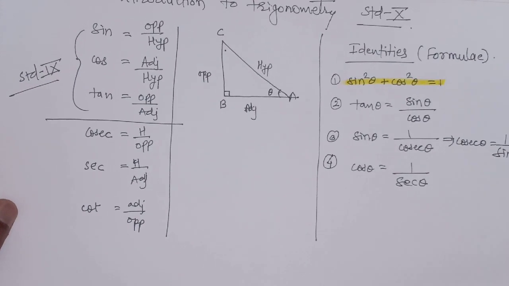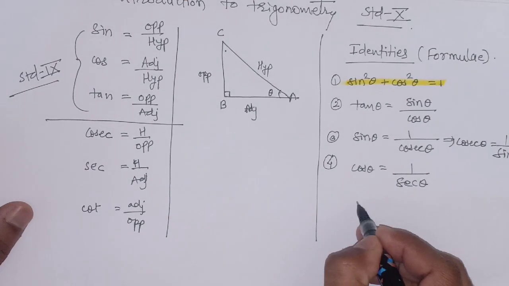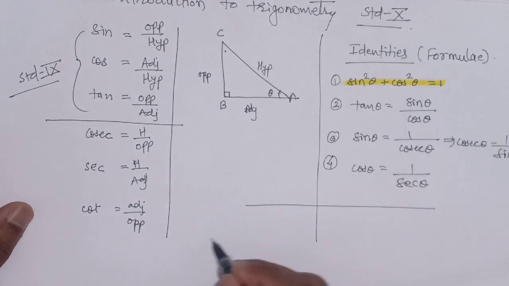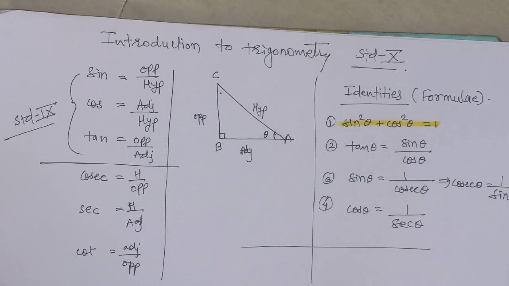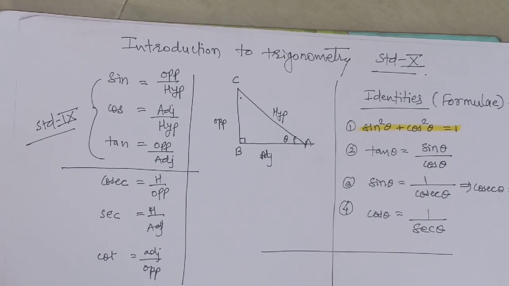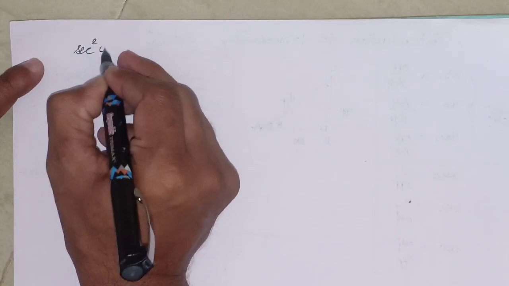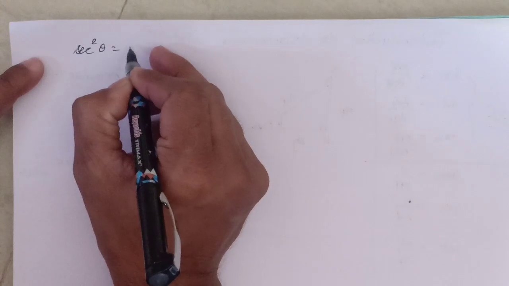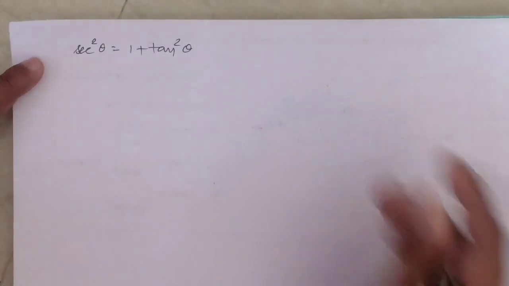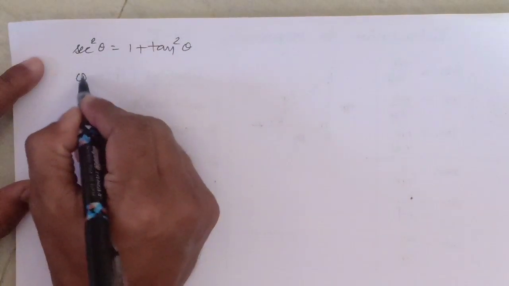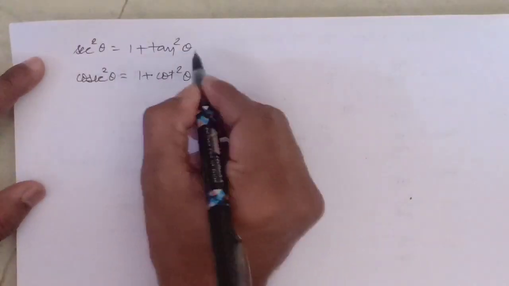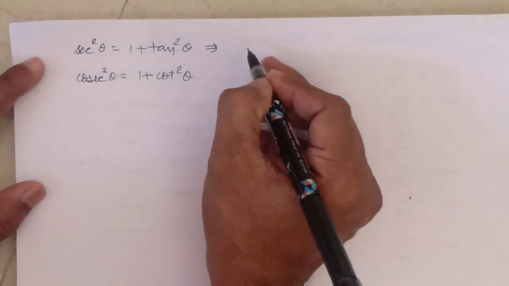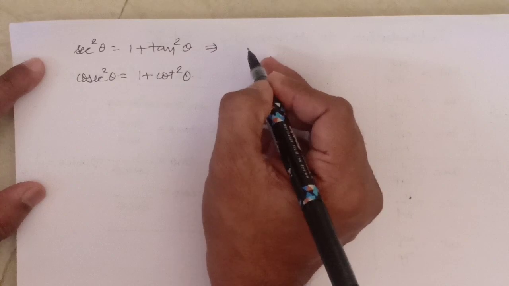Now, we will move forward. Sec square theta is 1 plus tan square theta. Cosec square theta is 1 plus cot square theta. We made some formulae from the same formula. From one formula, two different formulae are made. For example,